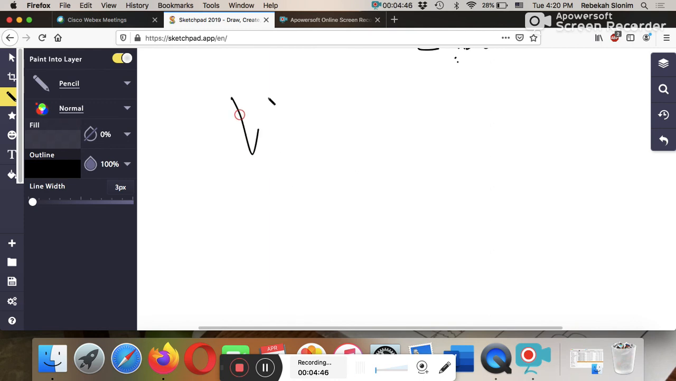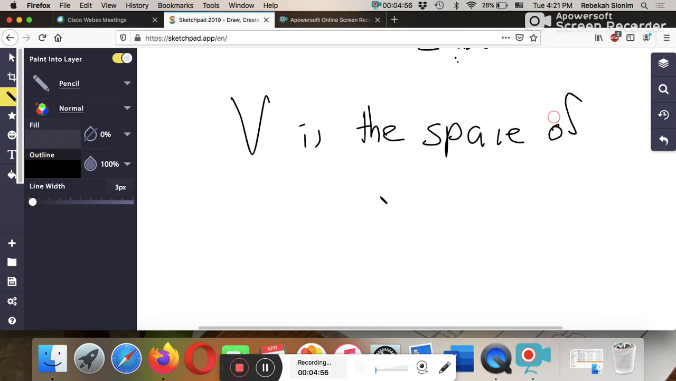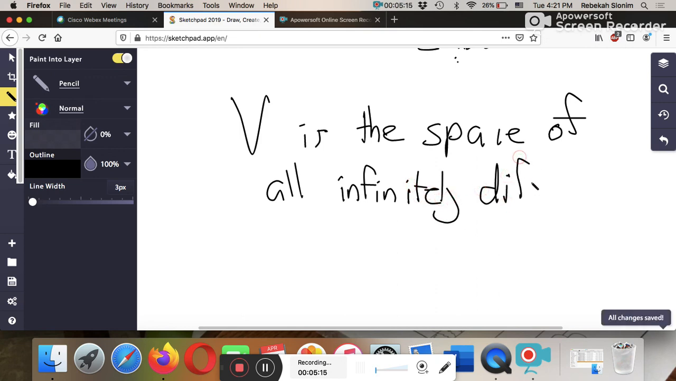All right, so if V is the space of all infinitely differentiable functions. And by infinitely differentiable, I just mean you can differentiate it, and then you can differentiate its derivative, and you can differentiate that, and you can just keep going as many times as you want to. Infinitely differentiable functions. It's a little secret. Sometimes we don't write out the whole word differentiable,